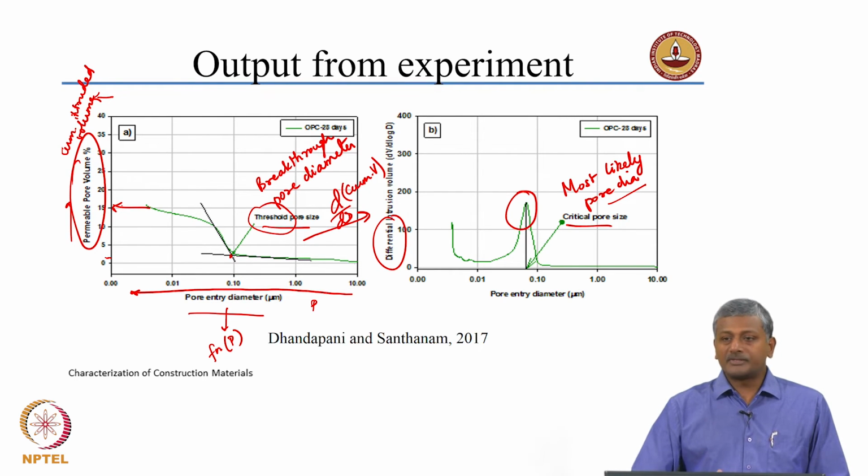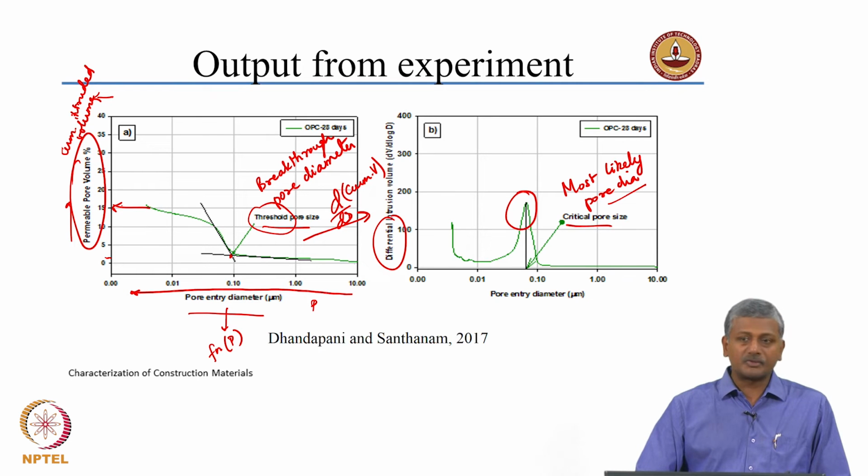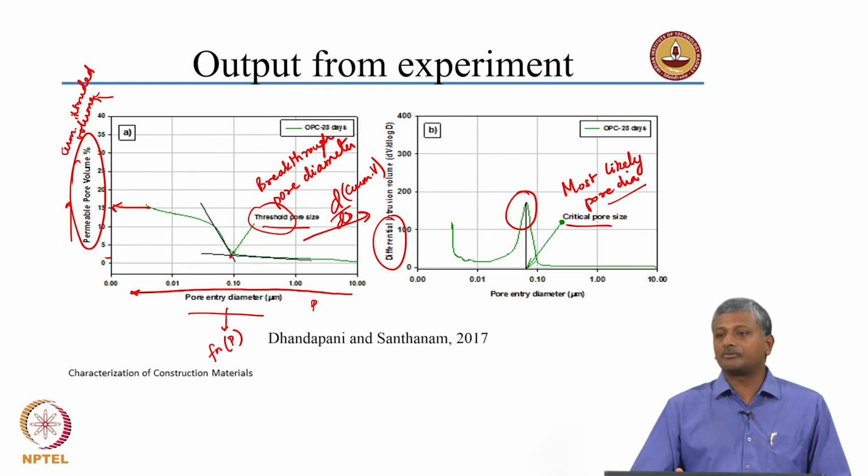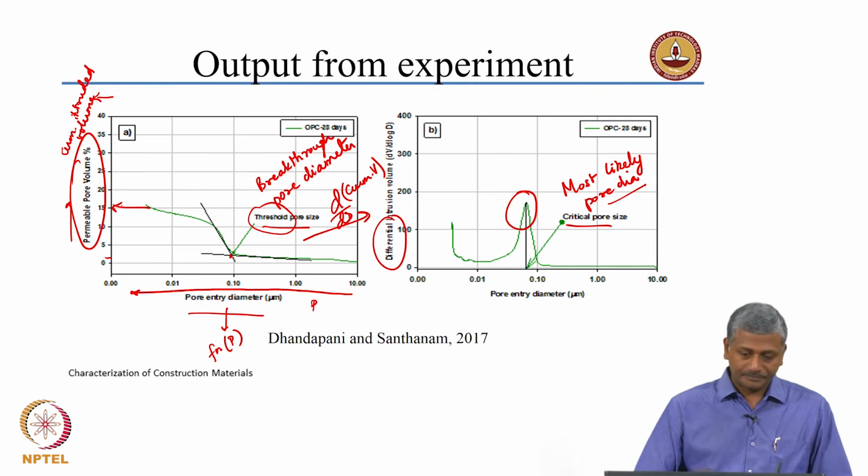Okay. Now, please remember, we are still only talking about porosity that is accessible to the mercury. There may be some discontinuous pores inside which may not be accessible at all. So, we are still talking about accessible porosity. So, please remember that. So, that is making physical sense, because in any case when permeability of concrete has to happen, it will happen only through the accessible porosity. The inaccessible porosity will not be playing a role in it at all.